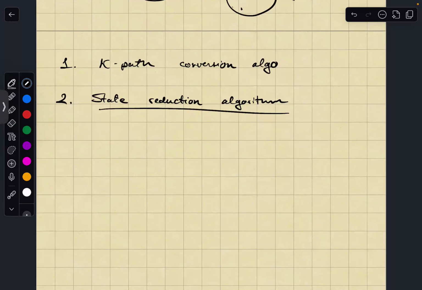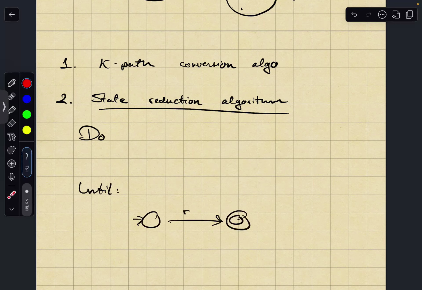Okay, so that's what we're going to do. You probably haven't actually seen this algorithm, so let me explain it at a high level first. You can think of this algorithm as a loop that eliminates states in your FA until you reach an FA that looks something like this, where R is a regular expression. So I'm allowing labels in my FAs to now be regular expressions.